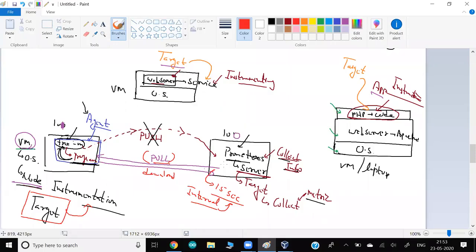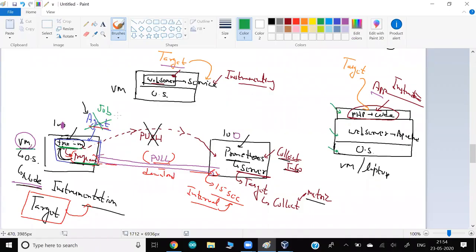So technically, what Prometheus is doing is every 15 seconds it goes there and asks the agent, or this program, that whatever information you collected, just give it to me, I would like to download. That's how it works. And this program we are running here, in the typical monitoring world it is known as an agent, but here in Prometheus it is known as a job.